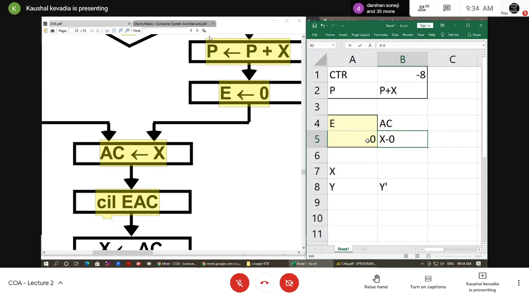Because here we are doing the circular left shift operation, my E and AC registers both are shifting from right-hand side to the left-hand side. So the value of the E register, this 0, where will it shift? Into the accumulator. It will be appended there. Getting everybody? And previously, from X, one value shifts out into the E register. Getting? So now I will get the new value of X.